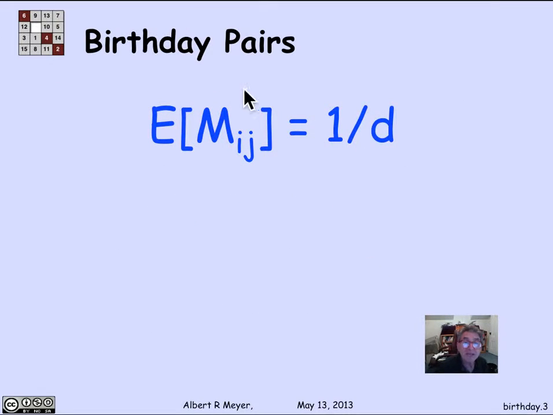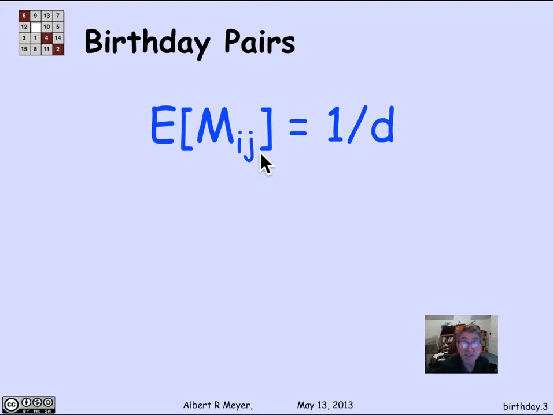So, in short, if I look at the expectation of Mij, let's think about that for a minute. We're assuming that all the birthdays are equally likely, and so I'm asking whether the ith and the jth people have the same birthday. Well, whatever the ith person's birthday turns out to be, let's say it's November 5th, the jth person, who has a uniform probability of equaling any birthday, still has a uniform probability, one chance in D, of equaling November 5th, which happens to be my birthday. Okay, so in short, the probability that any two people have a matching birthday is one chance in D,